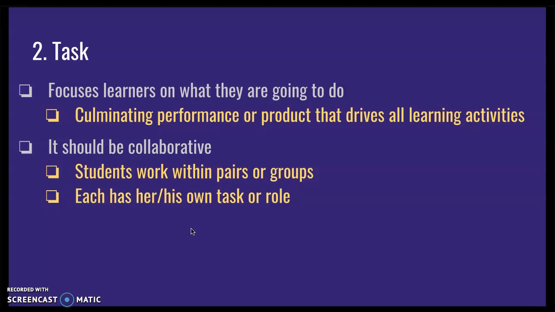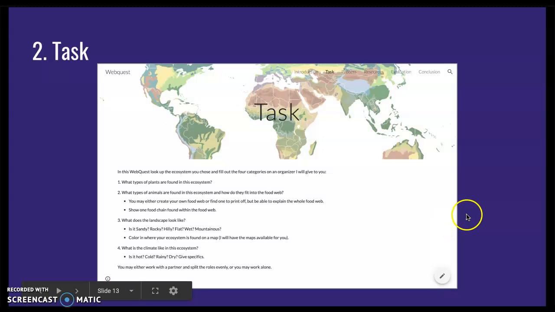And especially when students go into groups, it's extremely important that they have specific roles or tasks that each person will be completing, and they are assigned to those, or they can select those. That way it keeps everybody on task as they work through the Webquest. Here's an example page here. This Webquest, you will look up the ecosystem, choose and fill out the 4 categories on an organizer I will give to you. And you can see here